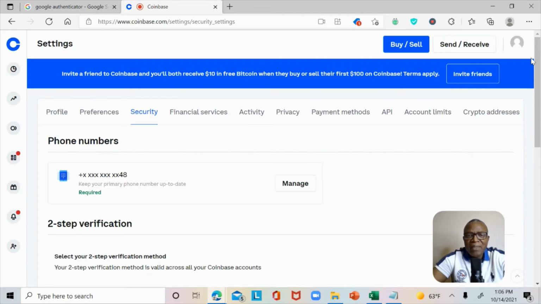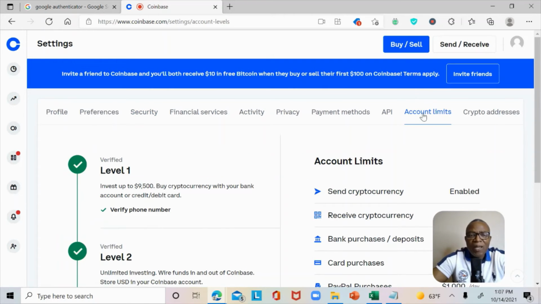Once the second step verification is set up, there is another step you have to do: verify your identity to thoroughly complete the setup. Once everything is set up, when you come over here to account limits, you should see that level 1 is verified.